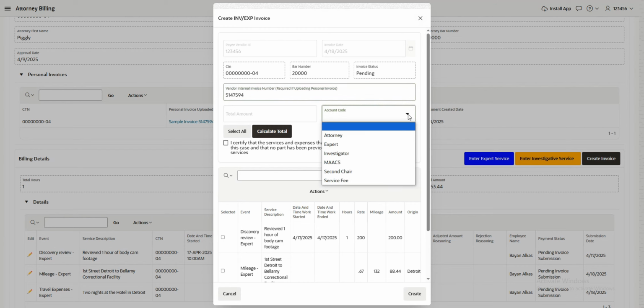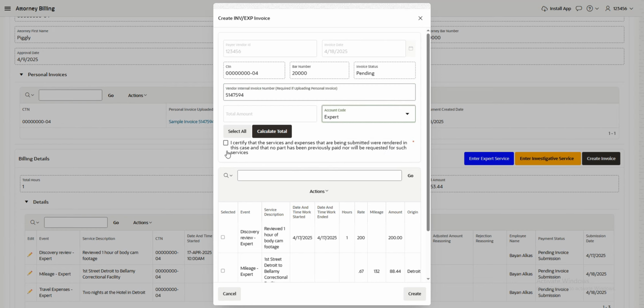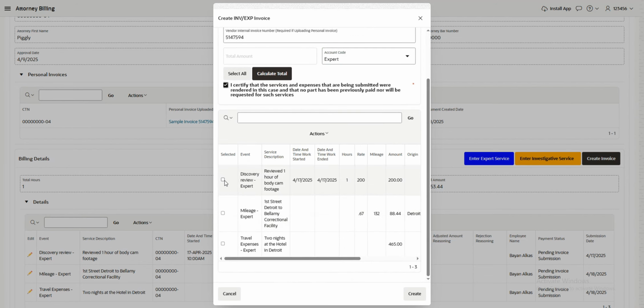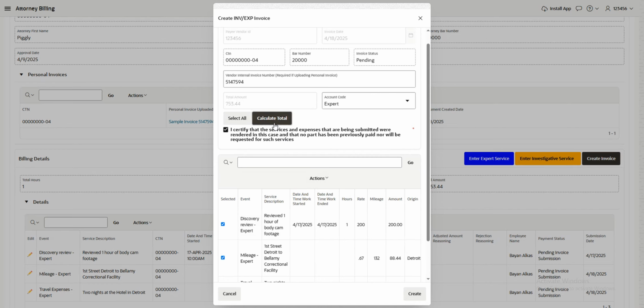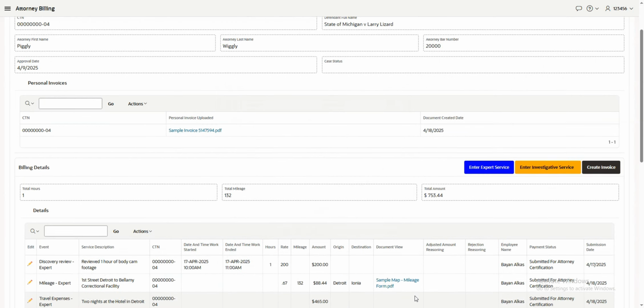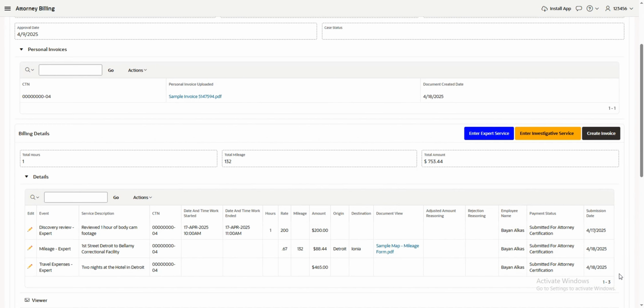Then, under Account Code, select either Expert or Investigator. Next, you will need to certify that all of the items that you are billing for have never been billed for before and that you have never received payment for these services. Scroll down and select each of your billing items. Then, click Calculate Total. The invoice total will be calculated in the field above. Then click Create Invoice. Scrolling down, we see that the payment status of our billing items has changed to Submitted